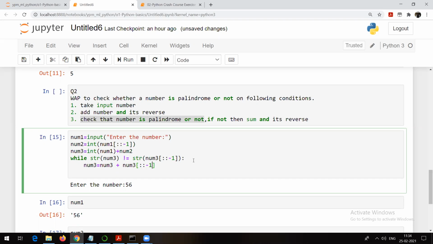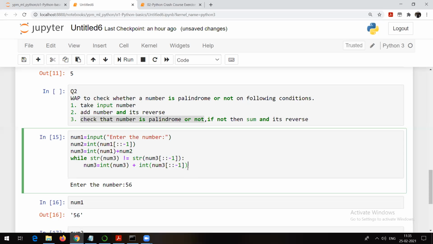But again there is a question because of the data types. We need to take care of that. So this will be actual addition, okay, this will be actual addition. This is not concatenation. So for that I am going to make sure that this is int, right? The data type should be int. So int of num3, I should make it int of num3. And the same is the case for this particular int of num3.